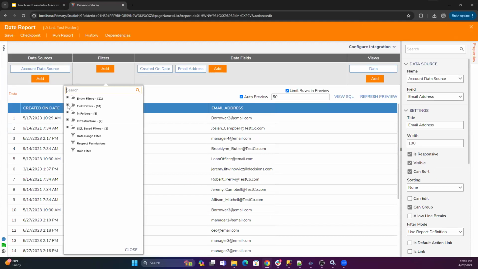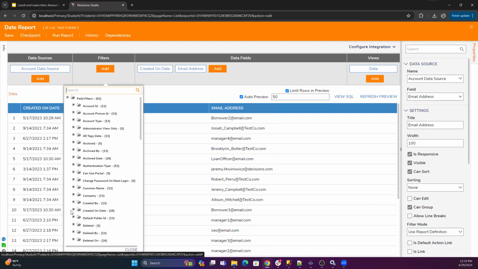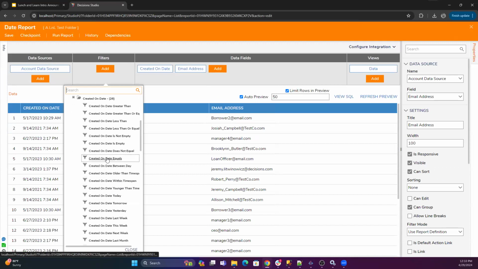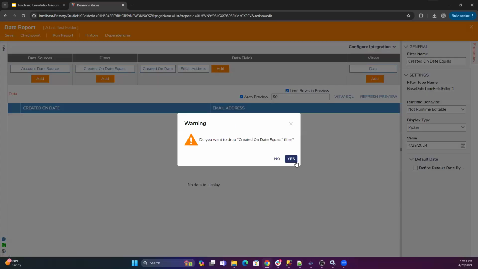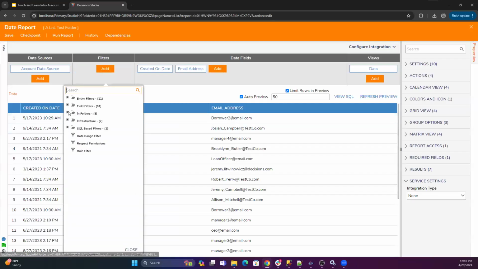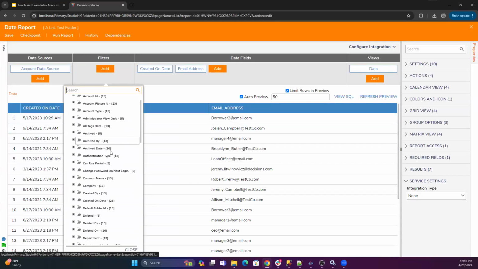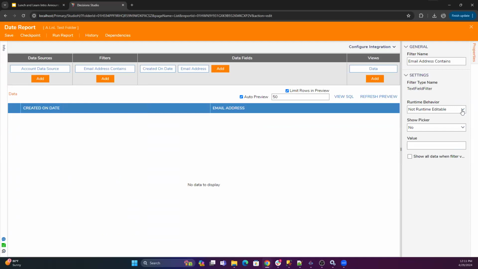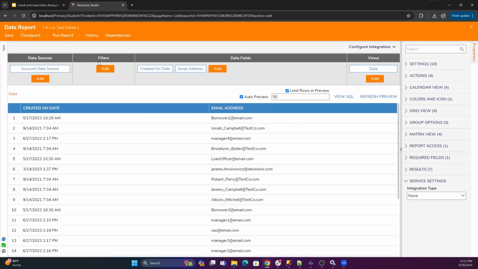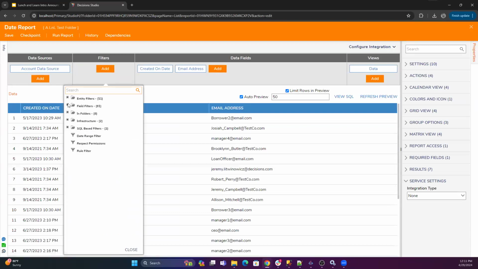And then, yeah, if I wanted to filter for my created on date, even if I did this, I think that it would have to be this way. If I add my created on date filter,